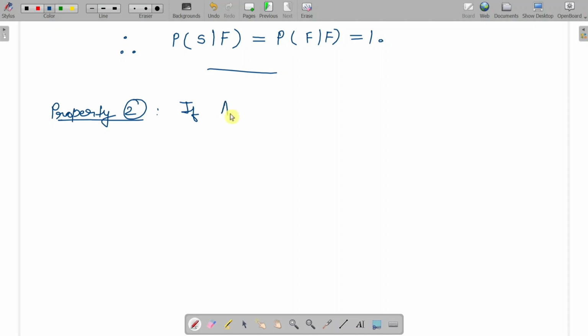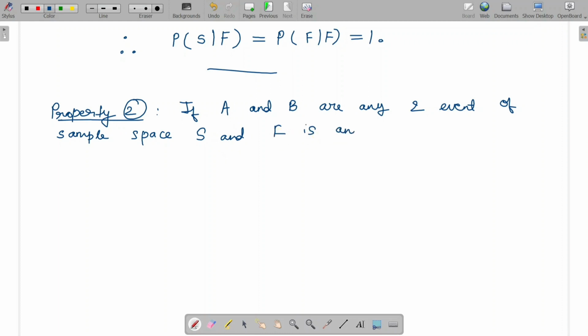If A and B are any two events of sample space S, okay, and F is any event of S such that probability of F is not equal to 0,